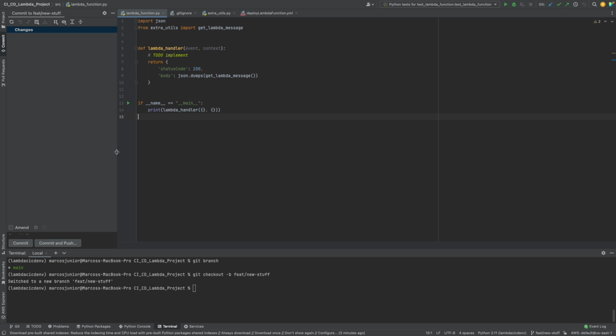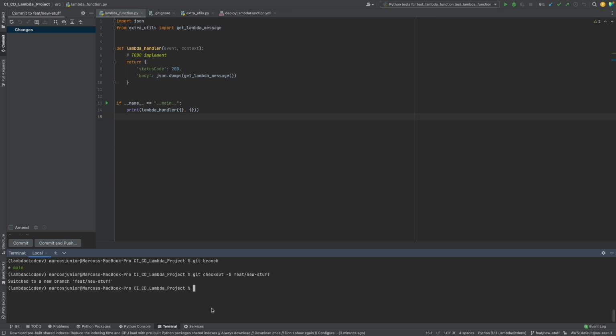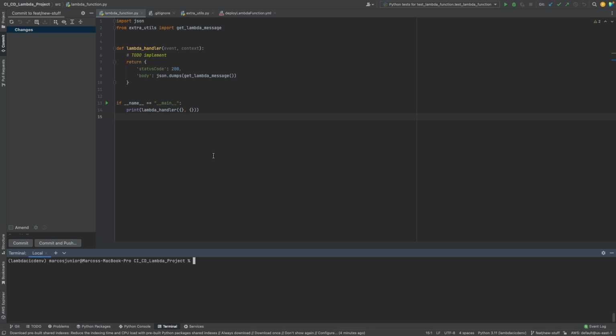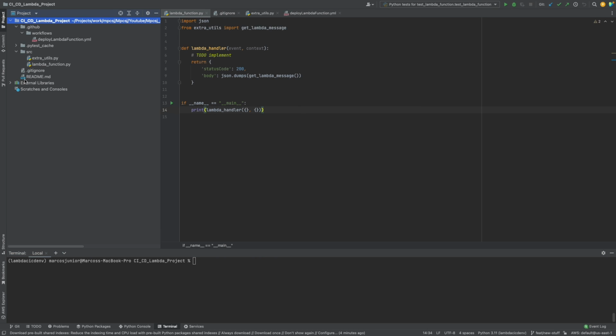What we're going to do next, for running tests for our Python project, I'm going to install a library called pytest. So I'm going to do pip install pytest. In my case, it's already installed because I was making some tests here with this project. Perfect. So on our directory, we're going to use the src for the actual code base, and then we're going to create a new Python directory for the tests. So I'm going to create here a package called test,